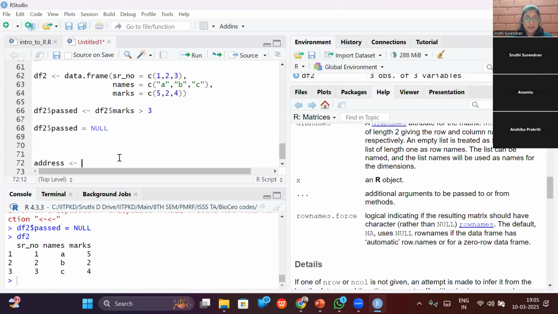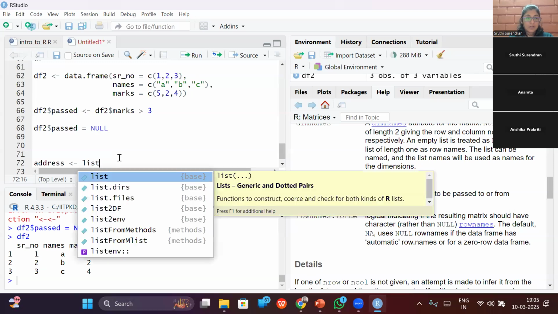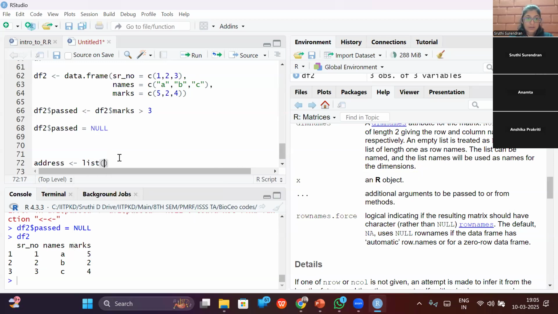Addresses, a list of names is equal to C A